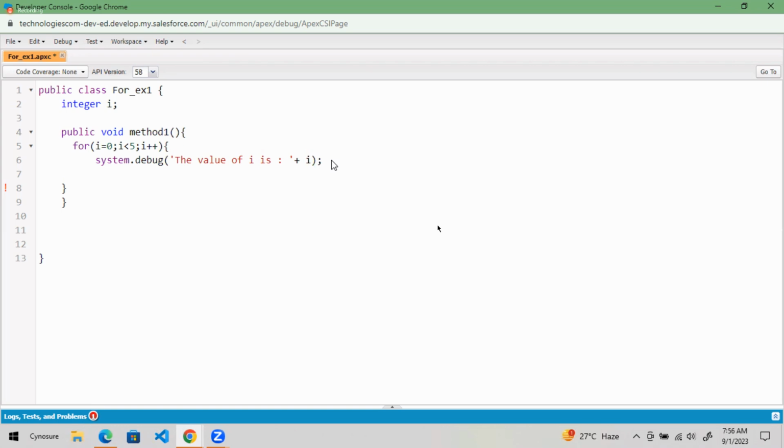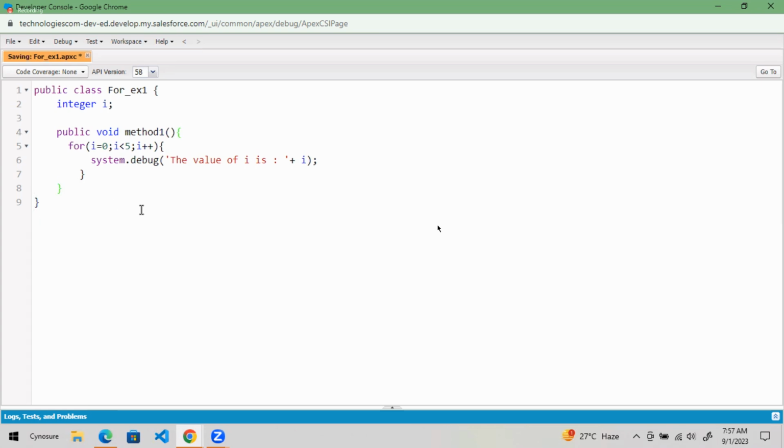This bracket is starting here and ending here. This bracket is starting here and ending here. This bracket is starting here and ending here. So in this code, does anyone have any confusion? Tell me. Clear, right? Clear. So here what I am doing,